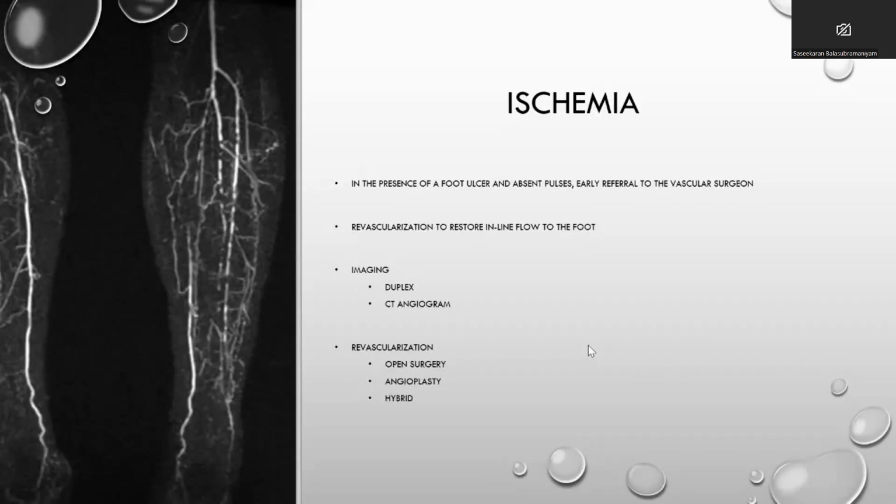And again, duplex, and you have to find somewhere down which is patent, but that flow is not enough up to the target. That is the outflow. So sometimes we say this patient we can't do anything. If the patient is not having an outflow, the surgeon can't help most of the time.